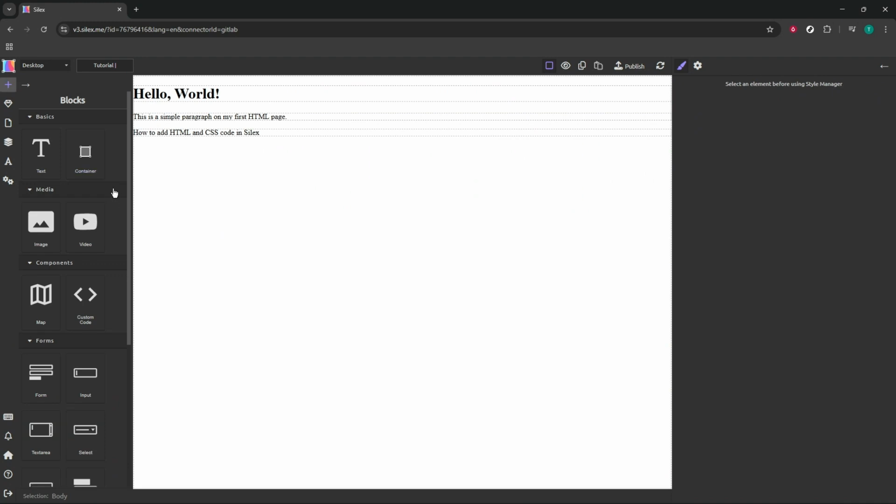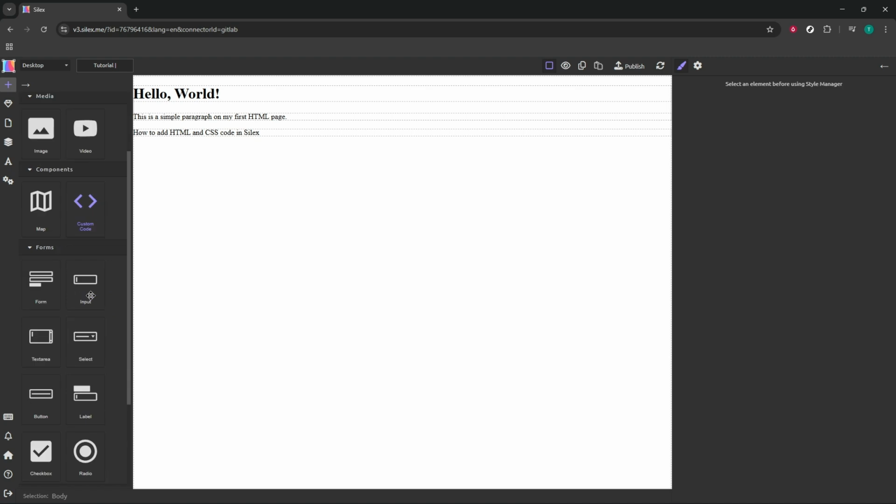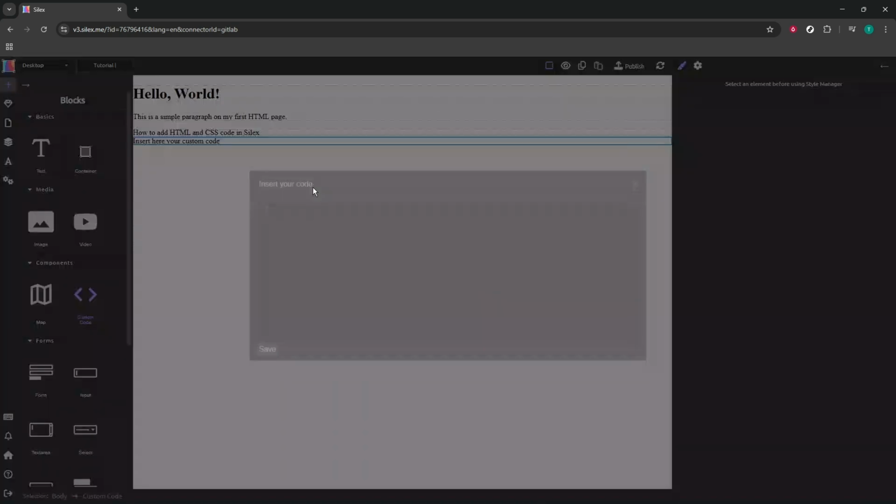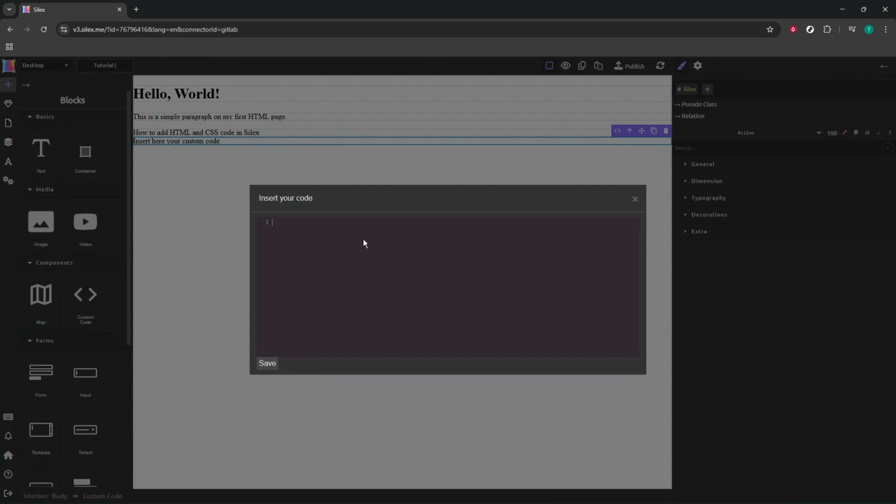Click that plus button to open the panel, then select custom code. This is the element designed specifically for pasting or writing your own markup. With custom code selected, drag it onto your canvas and place it where you want the content to appear. You can reposition it by dragging and resize it using the handles so it fits naturally into your layout. Think about the section you're enhancing, header, main content, or footer, so your custom block integrates smoothly with your existing